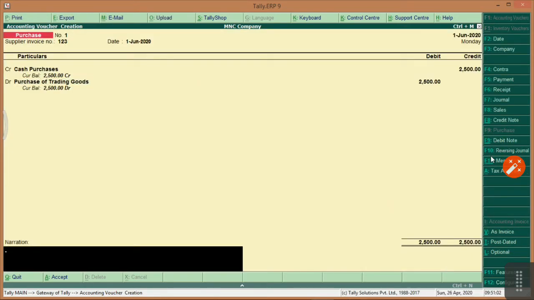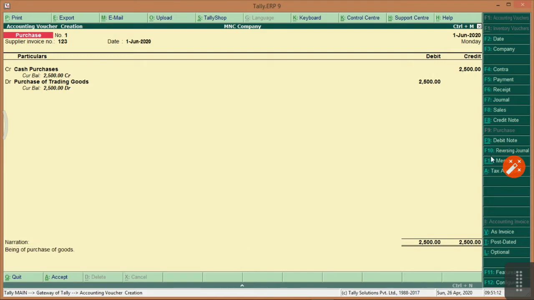Being purchase of goods. Okay, if you book the entry like this, then only it will be reflected in your purchase register.